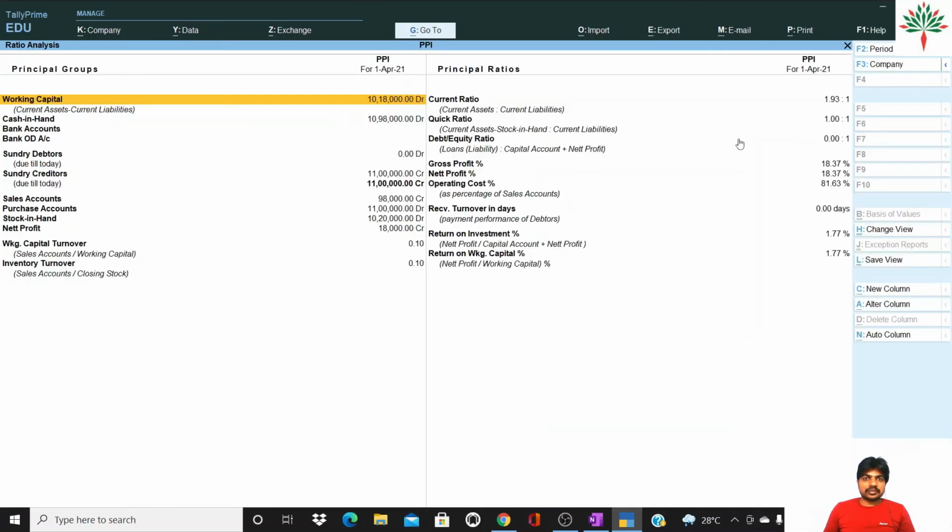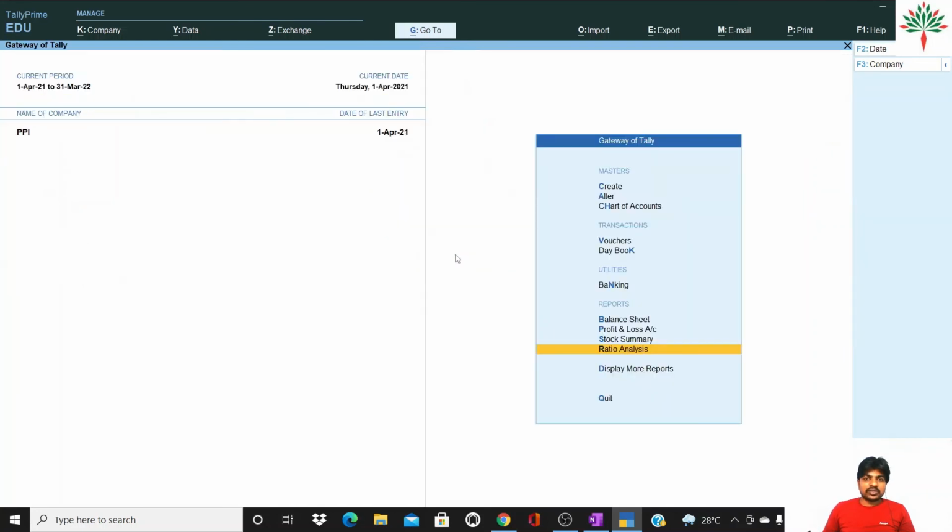Ratio analysis, not many items are there, so only current ratio, quick ratio are given here, and turnover ratios, and this you will study in class 12 about the ratios. Very important thing, ratio analysis. Those who are interested in the stock market and all these things can use the ratio analysis for financial analysis. Okay, it will help you to analyze the company performance, on the basis of which many investors are investing in the stock market, right?